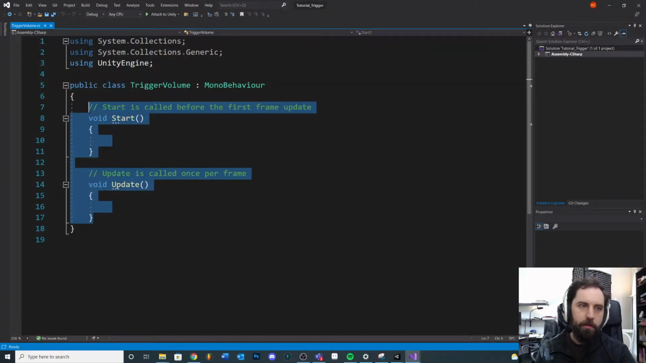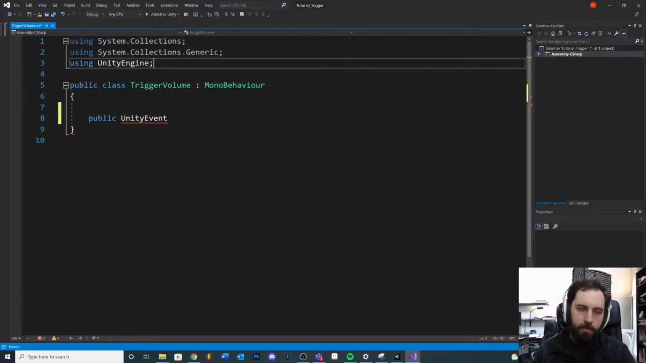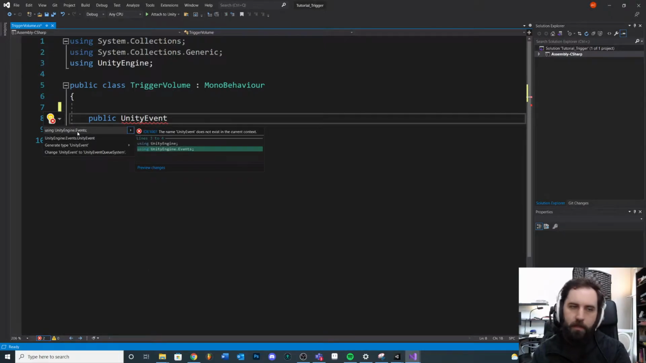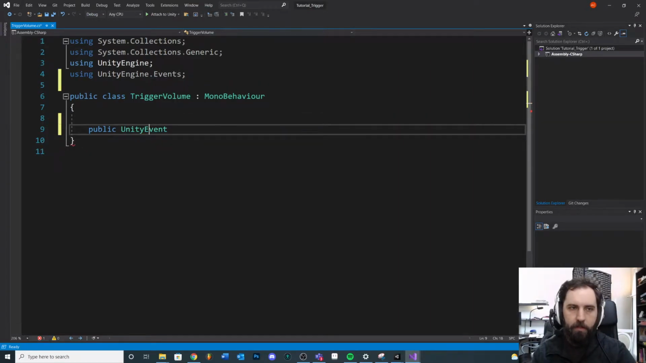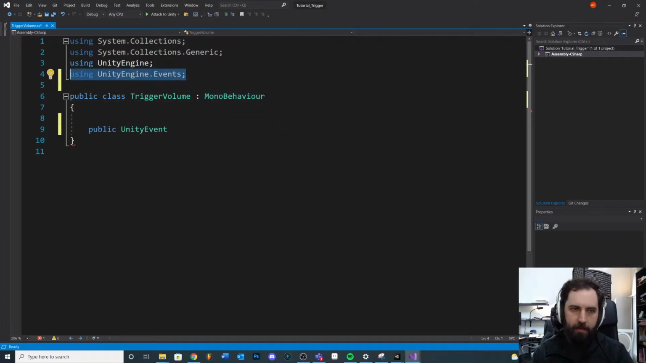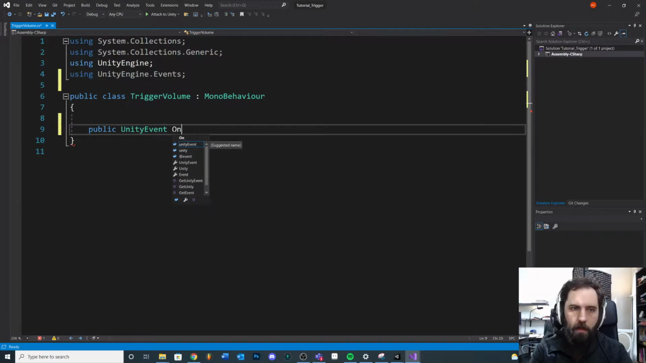What I really want to do here is I want to add a public Unity event, and you're going to see that this isn't what we want, but nothing really pops up. So what we can do is we can right click this and say quick actions and refactors, and it'll suggest some things for me. This is how you can fix it if you forget what namespace something is in. You can click it and it'll automatically add it. Or you can just add this at the top and then remember that, and then it'll complete your highlighting here. So if I finish this and say on enter trigger, like that,